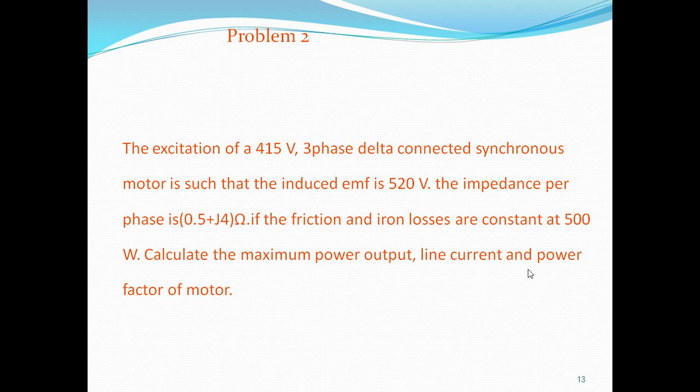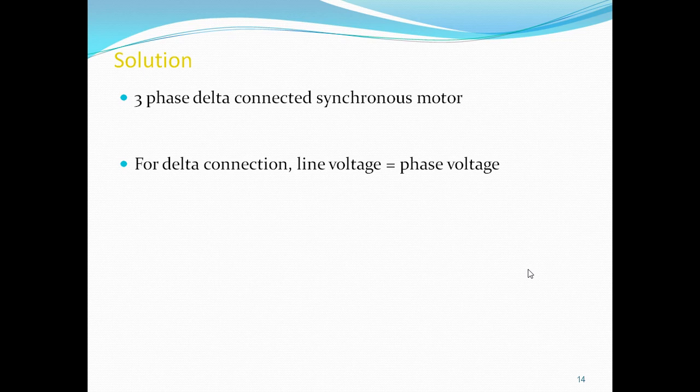Now we have to write the given data. So what is the given data? A three phase motor is given. Note down here. This time it is a delta connected three phase motor, not star connected. In delta connection, what is the line value and phase value? In delta connection, line voltage is equal to phase voltage, and phase current is equal to line current by root 3. Since delta connection is given, line voltage is equal to phase voltage.